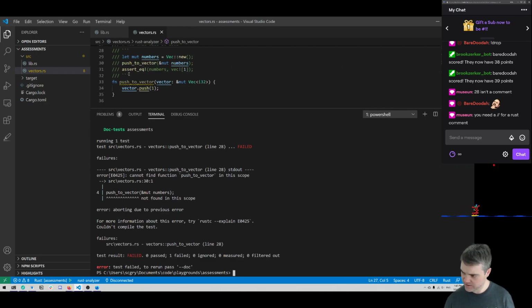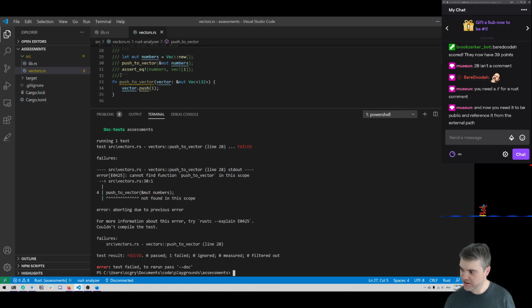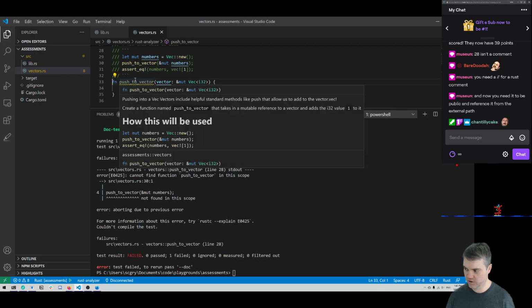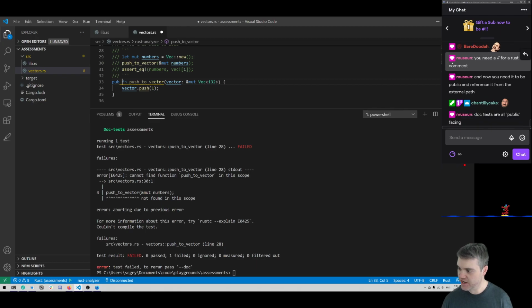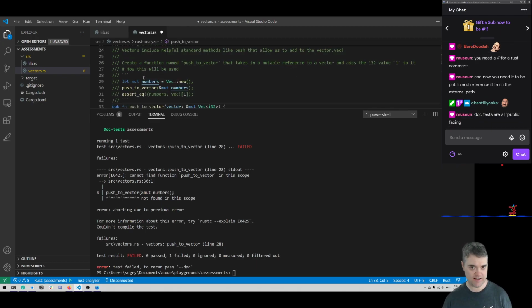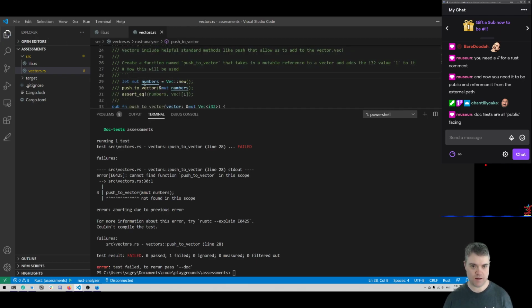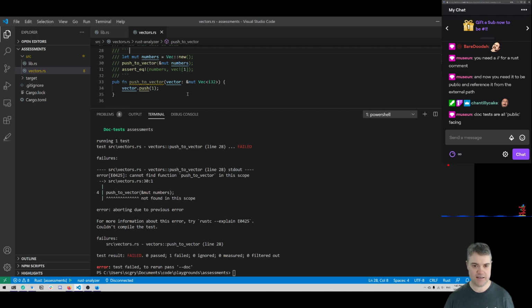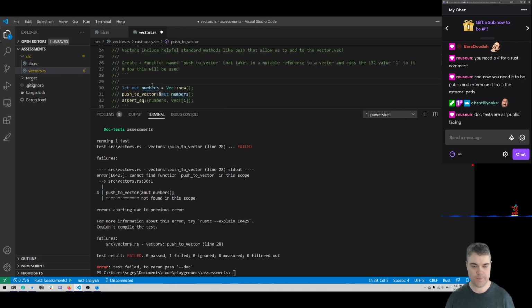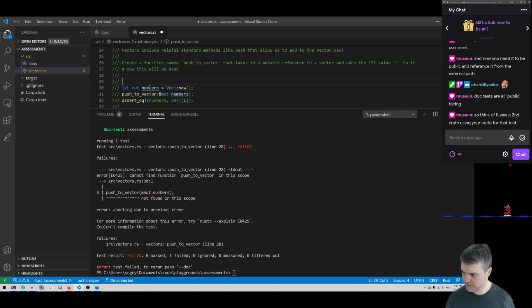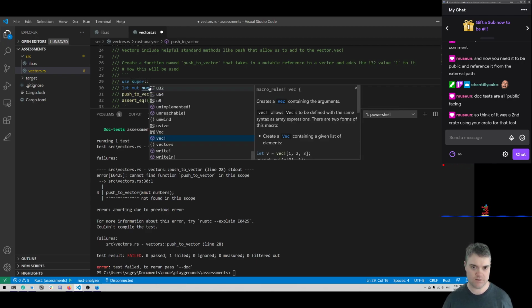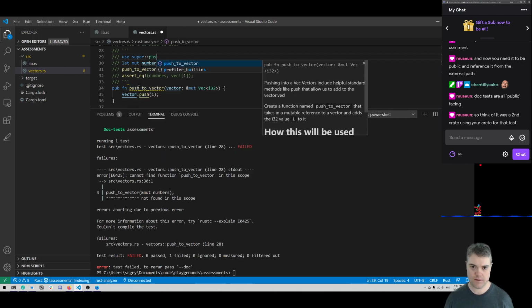Do I have to use it? Now you need to be public and reference it from the external path. Okay, so I need to pub this. Doc tests are all public facing. Okay, so make that public, and then I have to use it then? So think of it as a second crate using that. So I have to use, do I have to use super? push_to_vector,